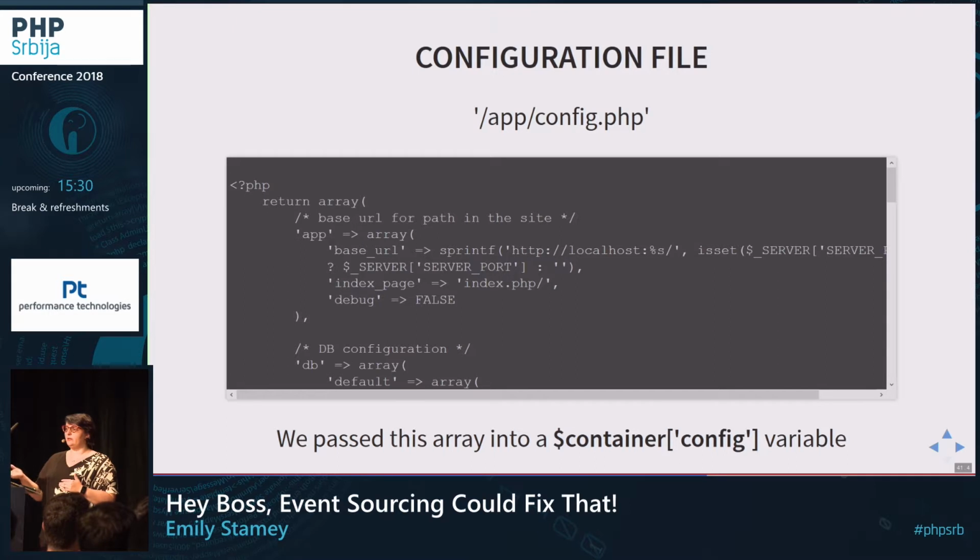And then included in a function, in a closure, all of those classes that it needed. That was how it was building on all of its dependencies.